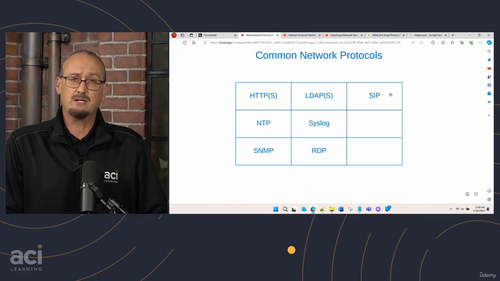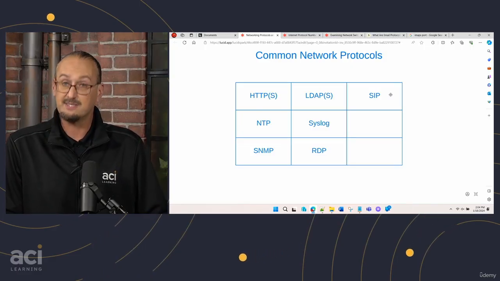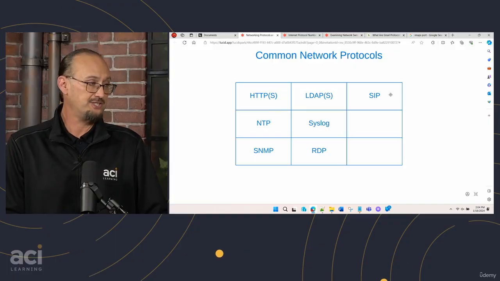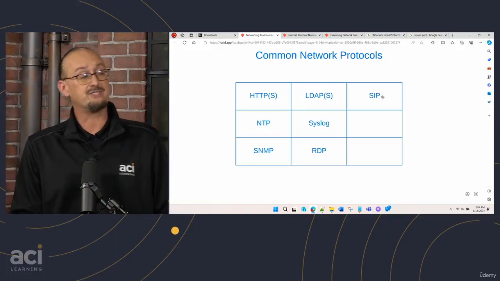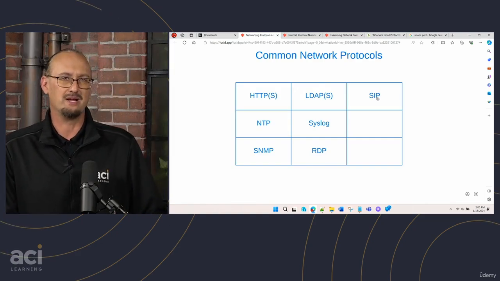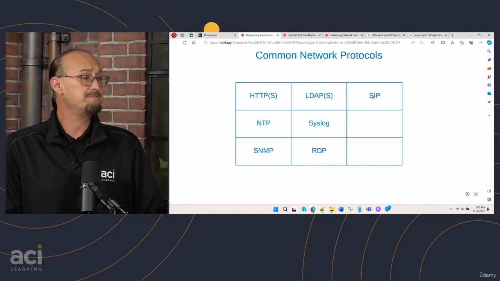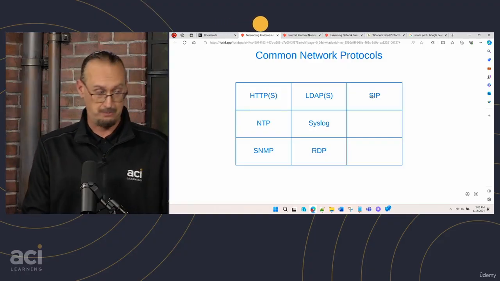All right. Well, I think we're coming up to the end here. We've got the last one. This is the Session Initiation Protocol. I don't think I've heard of this one. Yeah, so when we do voice over IP communications, there's the Session Initiation Protocol, and one that I didn't put up here because I don't know that it's really relevant is SDP, the Session Description Protocol. These are two voice over IP protocols.